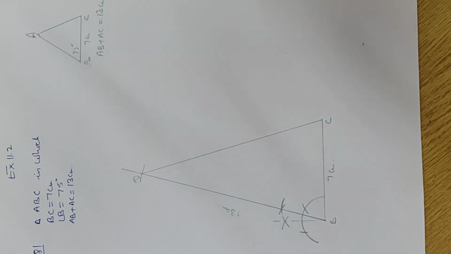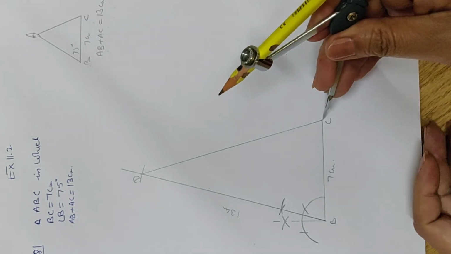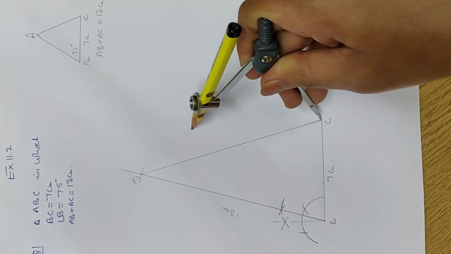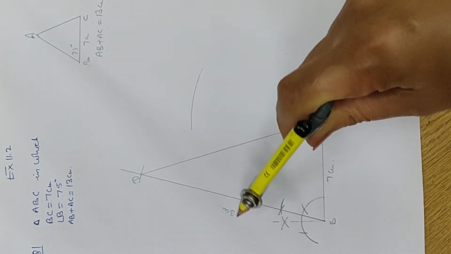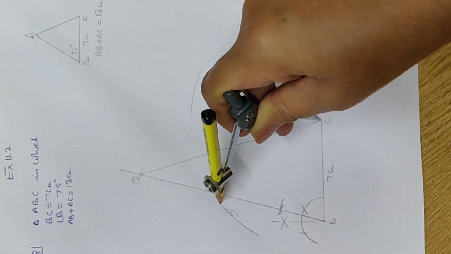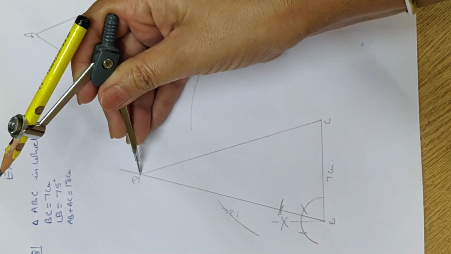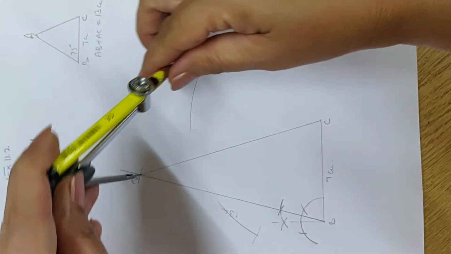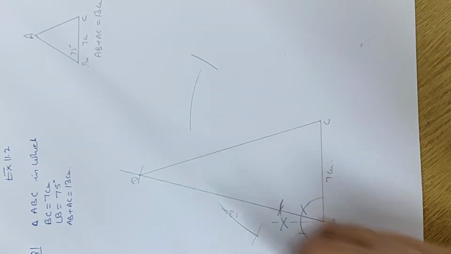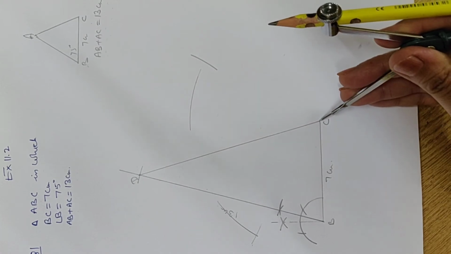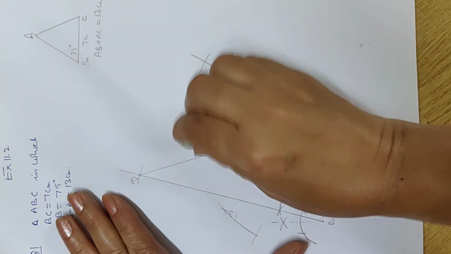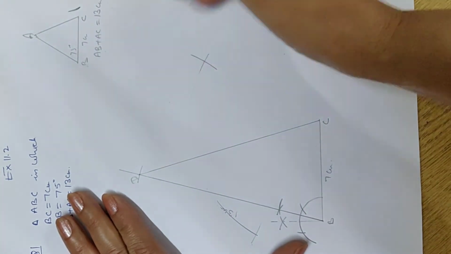And then we will draw the bisector of line CD. How to bisect it? We will open the compass more than half of CD and then draw two arcs, one on the right side of CD and one on the left side of CD, and then another arc from point D and then on this side also. By drawing these we get 2 points. If extra arcs are drawn, erase them.